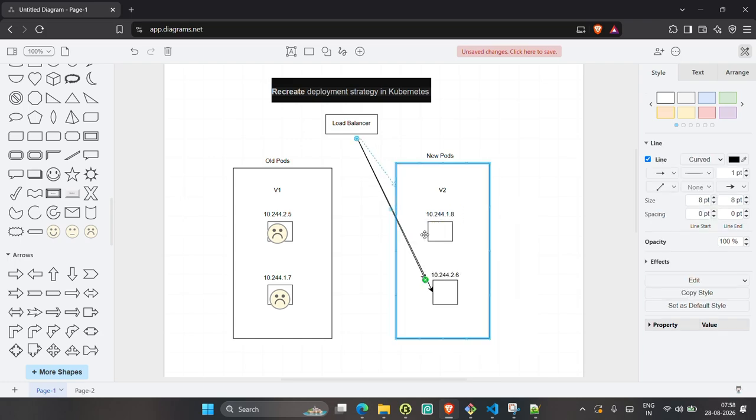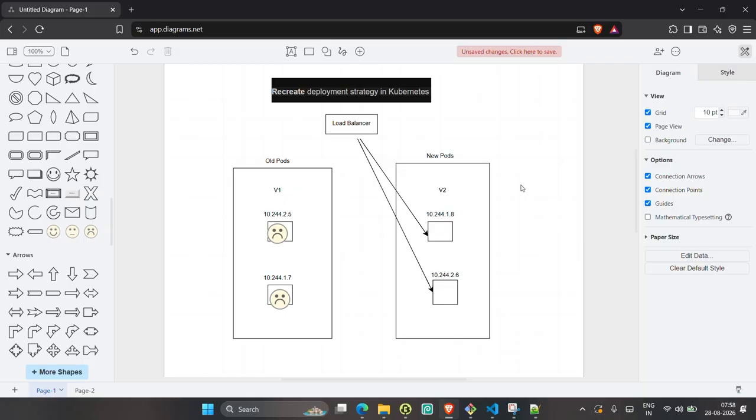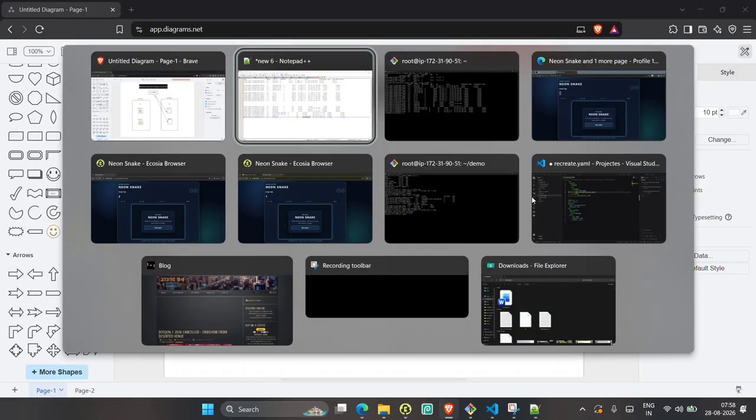Okay, this is how the recreate deployment strategy updates from one version to another version. So what I missed here,